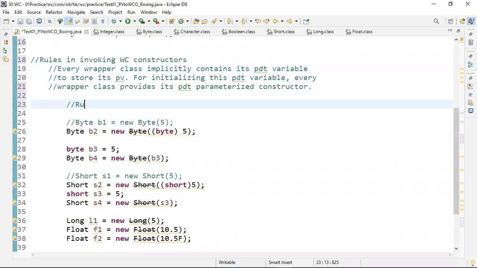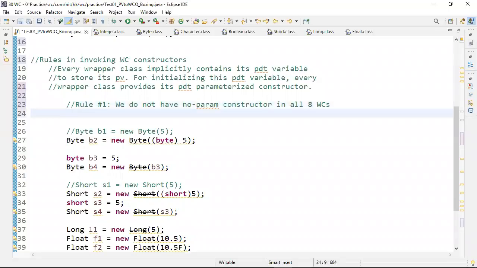Rule number 1, we do not have no-arg constructor or no-param constructor in all 8 wrapper classes. So we must pass a what?